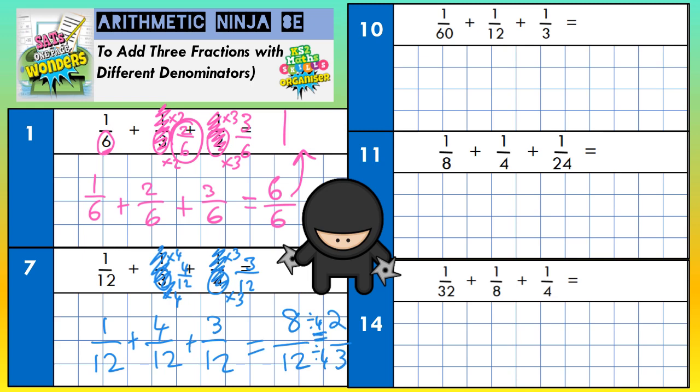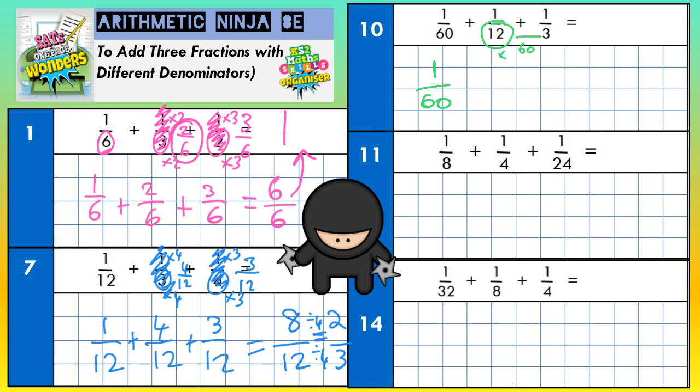Question number 10. Do 2 of the numbers go into the third number? Well, 12 will go into 60 5 times, and 3 will go into 60 20 times, because 3 lots of 20 is 60. So it looks as though you can just keep the 1/60th as it is and change the other 2. Well, to get from 12 to 60,